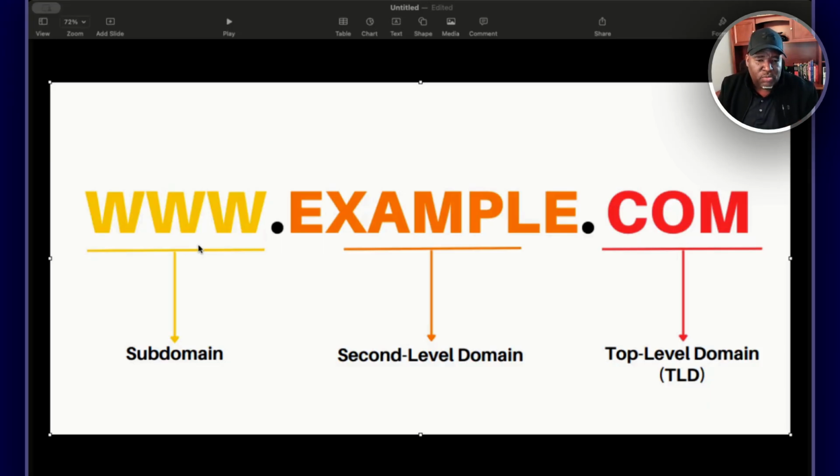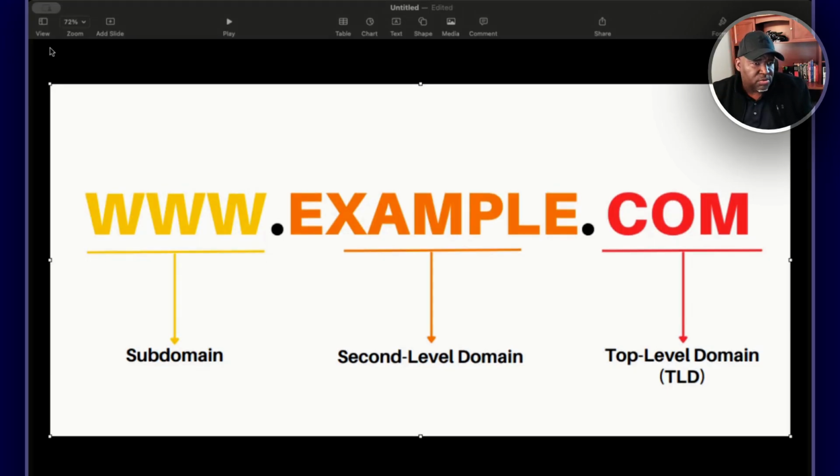So example is what's called the second level domain, and the top level domain is .com, which is the most popular top level domain there is. It could be .org, .net, .tv, etc. Typically when you buy a domain name, you will get the .com, which stands for commercial, which lets you know you're going to use it for commercial use. And .gov is typically a government website. So these let you know what type of website they are. Again, the most popular and the one you should be considering is the .com. So if you're going to get a domain, if you don't already have one, try to get the .com as simple as possible. With that being said, let's look at how this works in the real world.